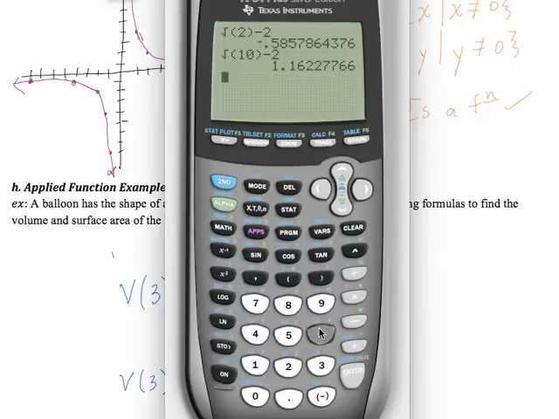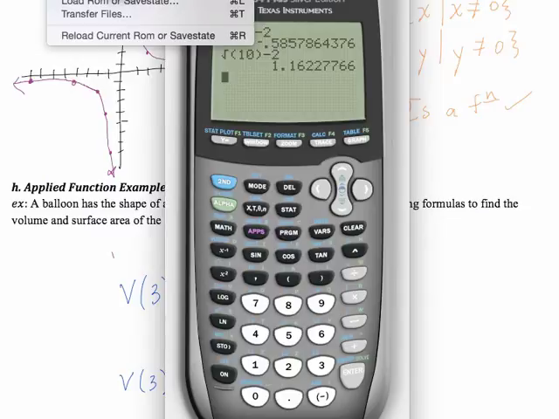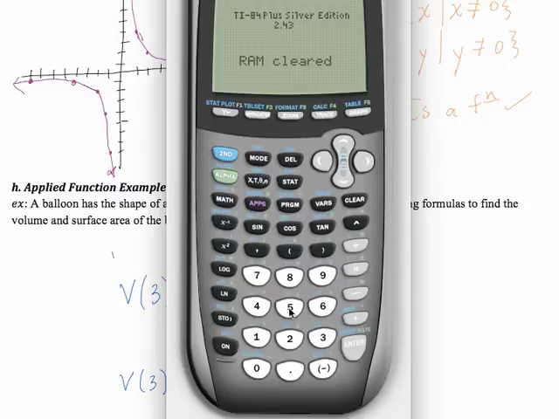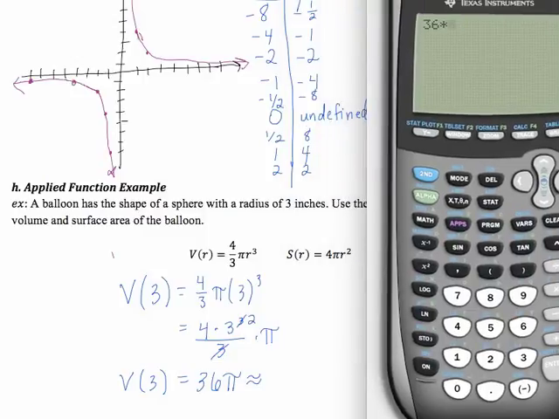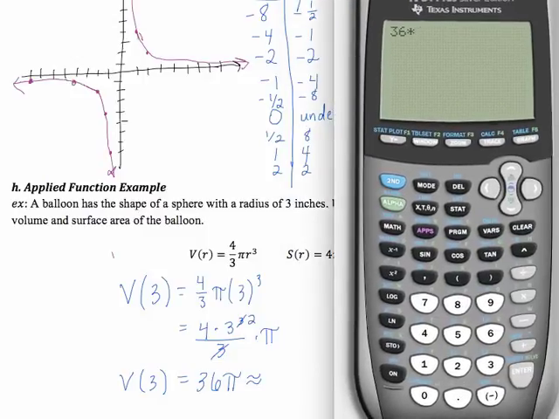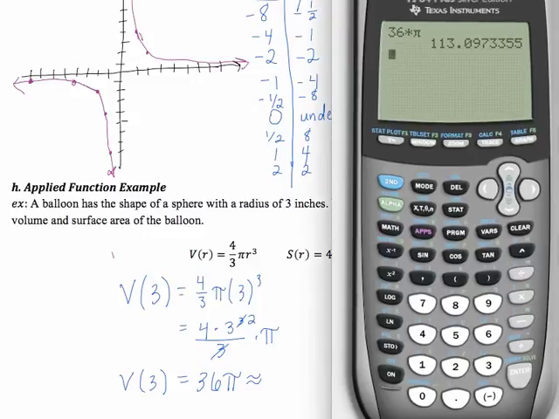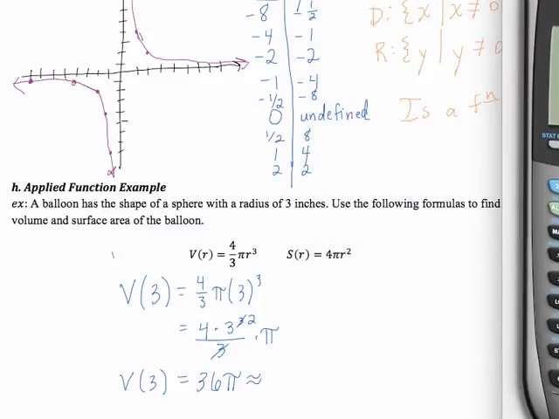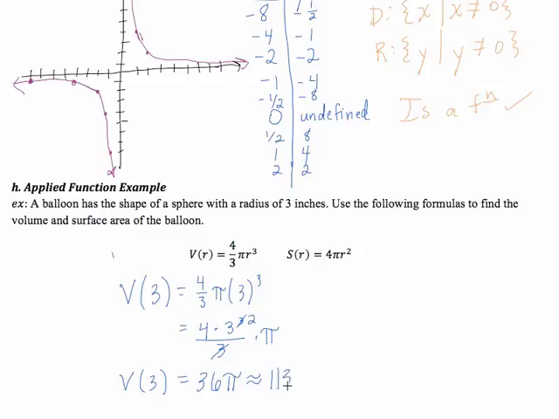If you want to approximate, you need to use a calculator for that. So 36, oops. My calculator freezes quite often on here. Okay, so 36 times pi. The pi button is right there, so second, that thing, is 113.097. Generally, go out to many, many decimals unless you're certain you can round. So I'm going to go with 113.097 here. Cubic inches,